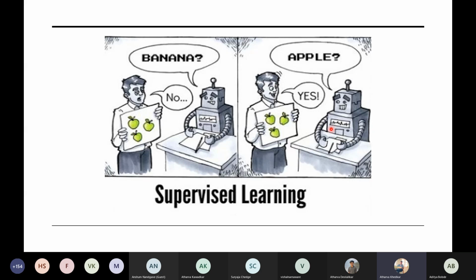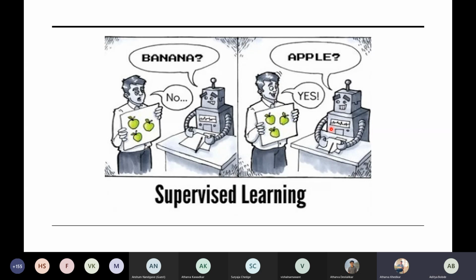What you do is you put on a table around hundreds of apples, hundreds of oranges, and you show them, see, this is called apple, this is called orange, and they try to figure out on their own what the difference is between these things and what could be an apple and what could be an orange. They might be going after color, they might be going after shape, it's up to them. We can't actually see what they are trying to do, but basically it's just like that. And this would be supervised learning. Why? Because you're telling the kid, this thing is called apple, and this thing is called orange. So just like that, this is an example of supervised learning.